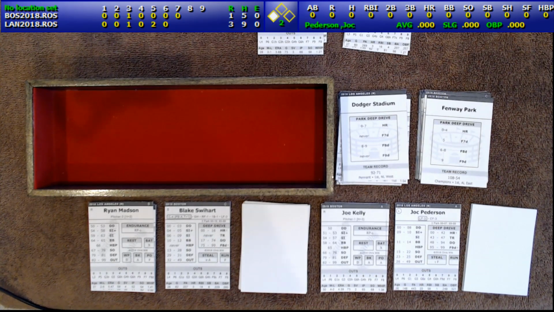3-1 Dodgers. 2 men on. Runner at... Oops, he should be at second base, actually. I put him to third, but he's on second. I'm not going to undo it. It's not going to matter, a single is going to score him anyway. But he should be on second base. Anyways, Jock Peterson comes in. Joe Kelly...